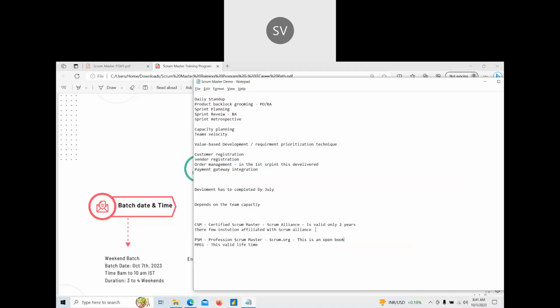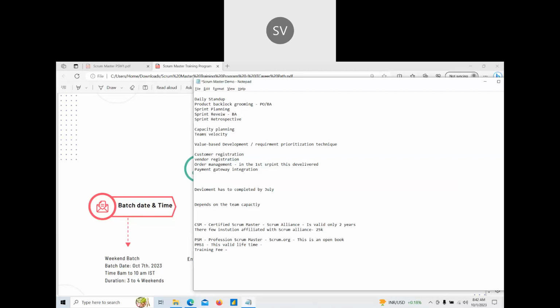Okay, and I think this will cost you around, again that is based on the institution, approximately around 25K. Including my fees and certification cost, $150 is the certification fee. Let me write 150 too. So this will cost you, my training fee